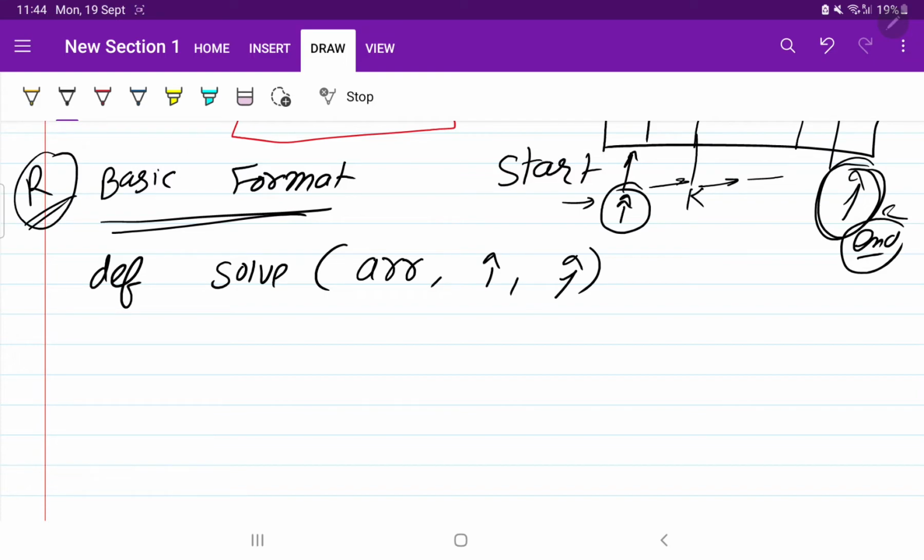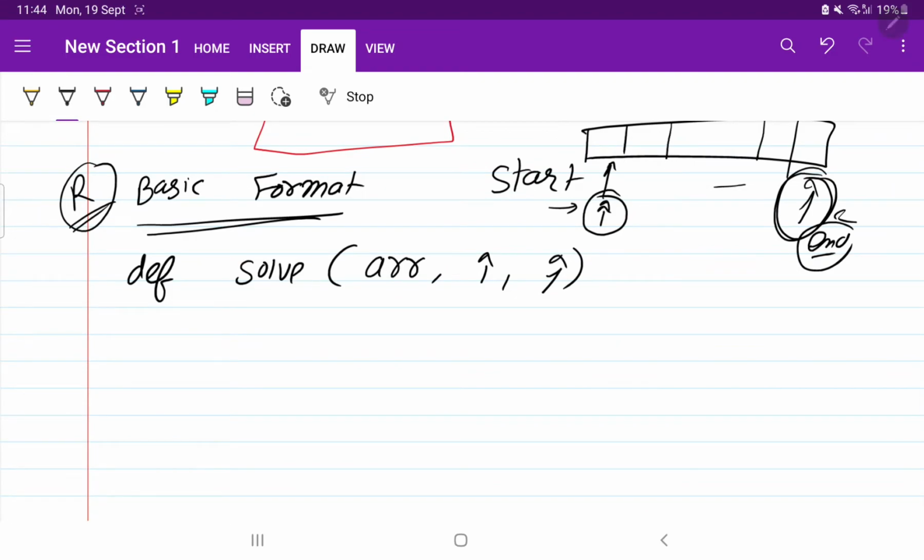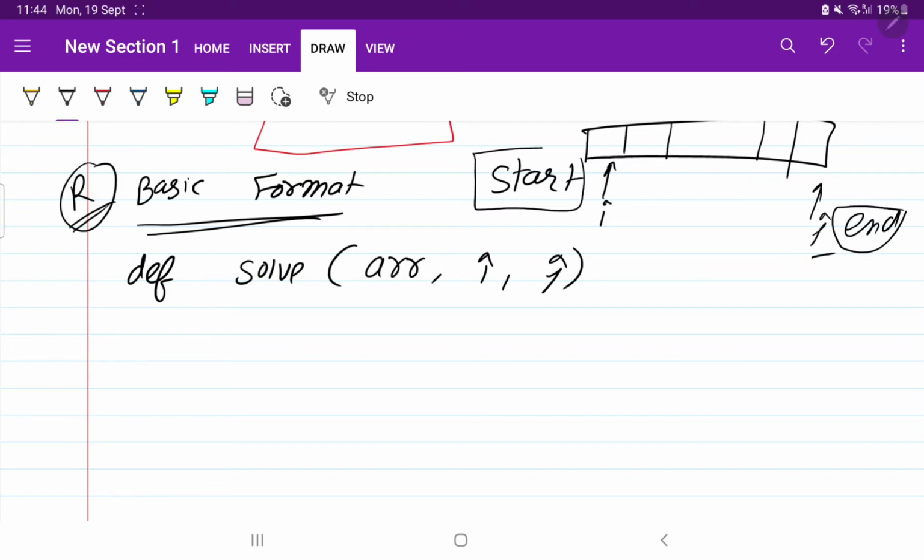So you know that in the recursive approach we should have the base condition. So let us take the same example that I gave you. So this is i, this is j. What I told you about i is that it is the starting point and j is the ending point. So generally j will always be greater than i. The ending point will always be greater than the starting point.